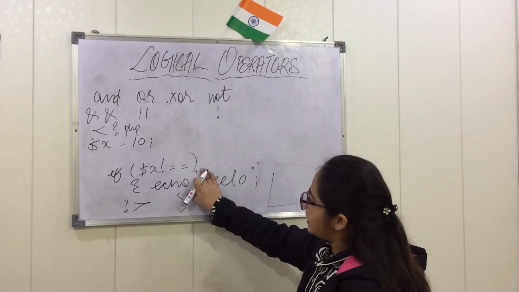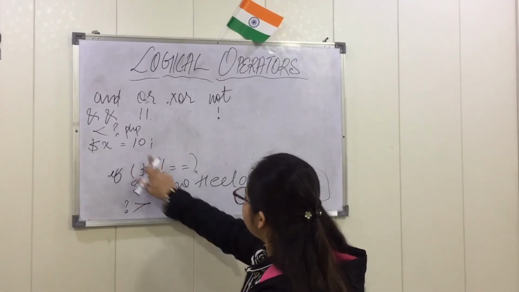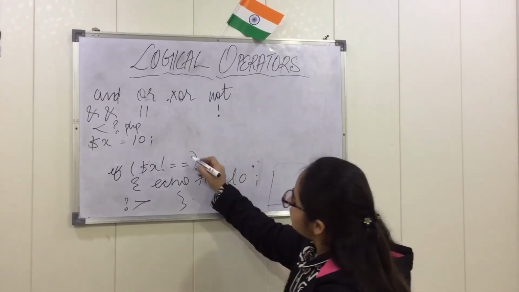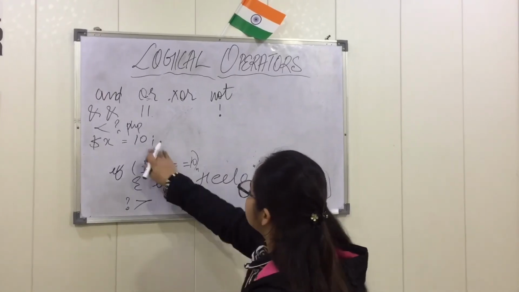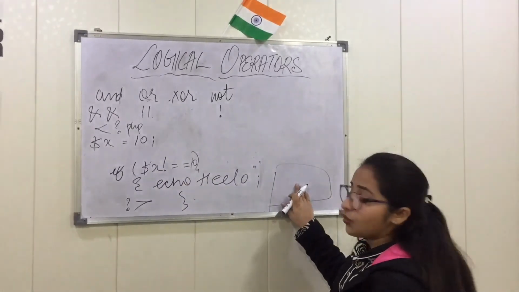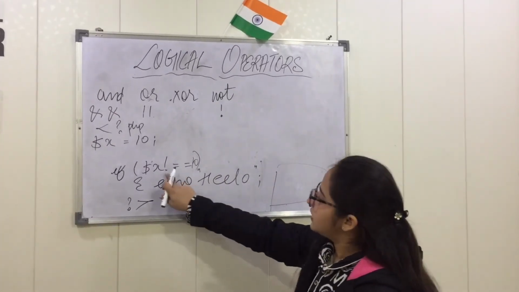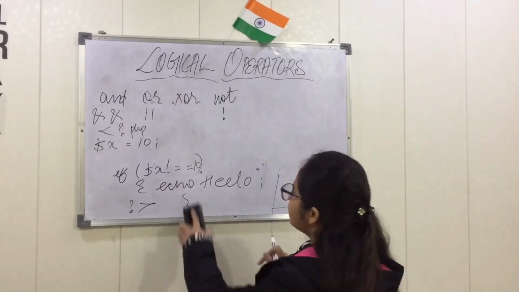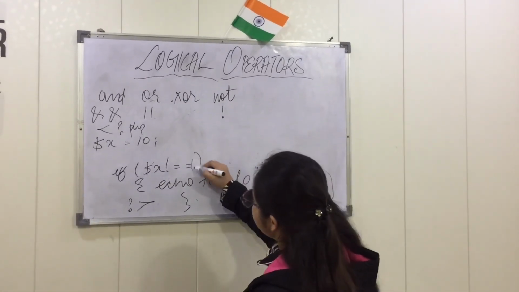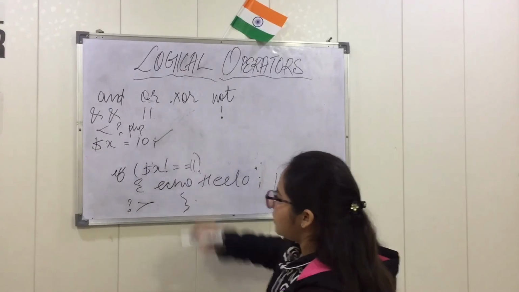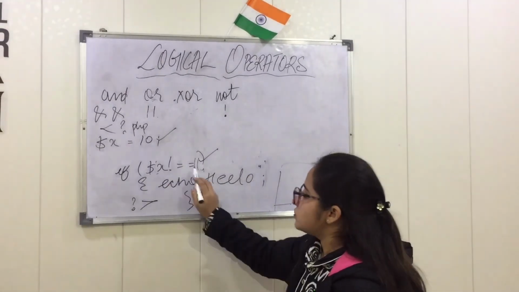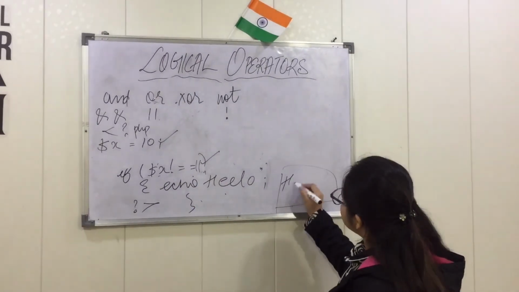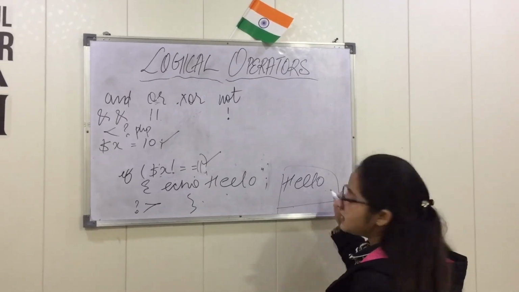This is saying that if the variable is 10 and here also 10, so suppose this is true, the message will not be printed because we are checking if not equal. Now I am taking 11 here. Suppose my value was 10 and there is 11. So it is not equal, then the echo function will display our value, that is hello.